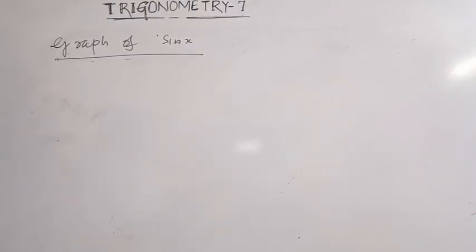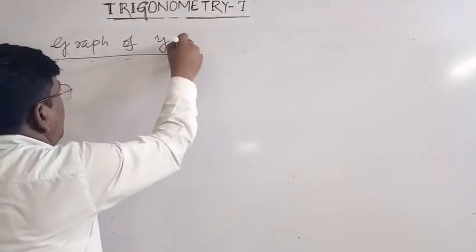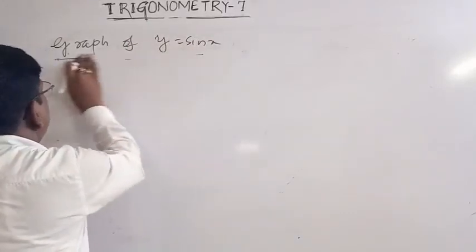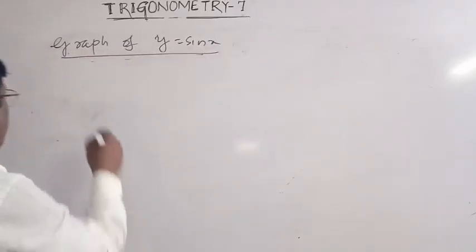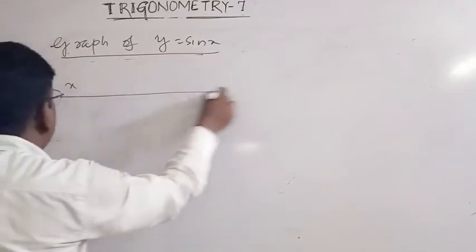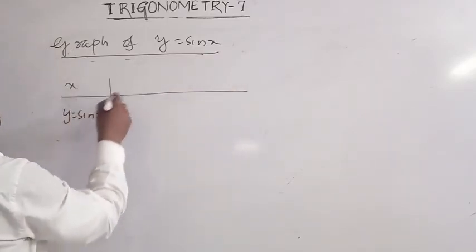Now, the graph of y is equal to sin x. Y is equal to sin x graph. This is x and this is y is equal to sin x. Sin 0 is 0,